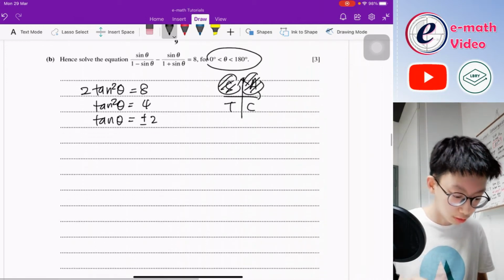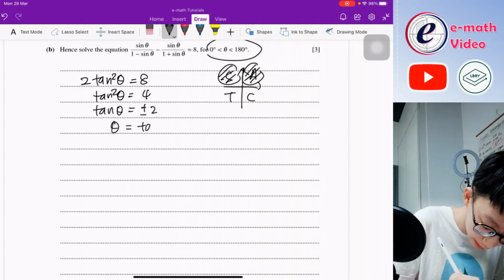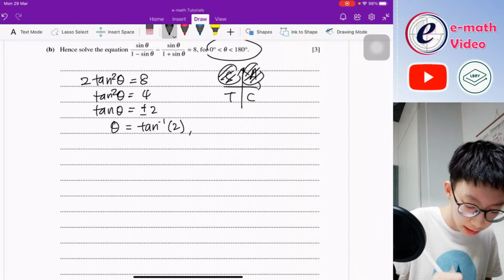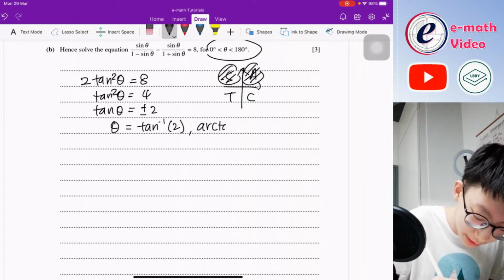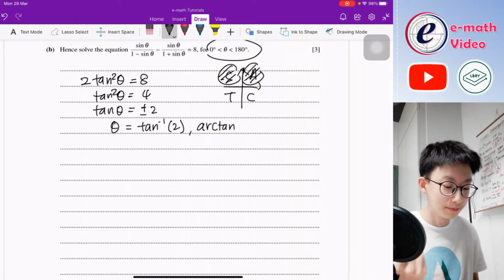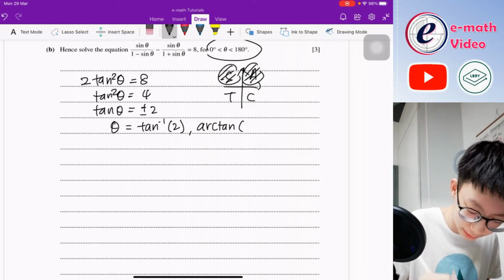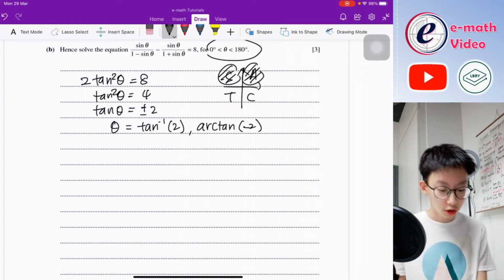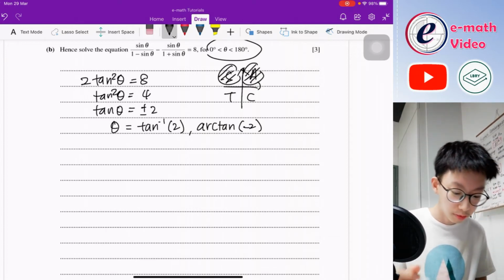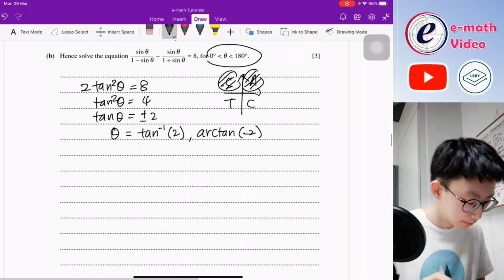Then you just go ahead and do your theta, which is arctangent of 2. Let me write it like this, arctan, because some people don't like to write it in exponent form, even though we know the meaning of the negative 1 is an inverse. But I just write it like this for the sake of writing it. So when it is like that and you want to give your answer in terms of degrees,